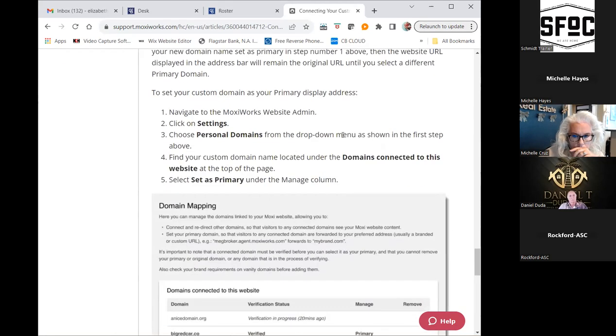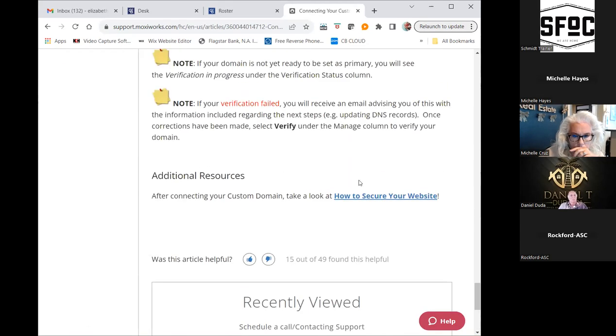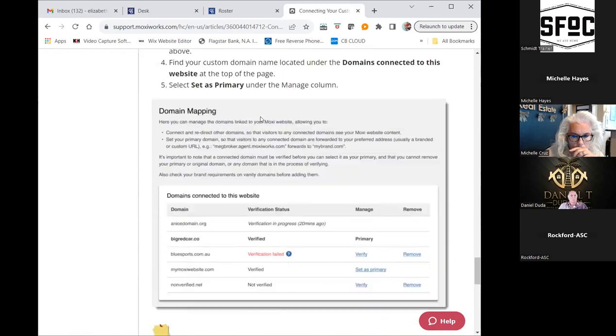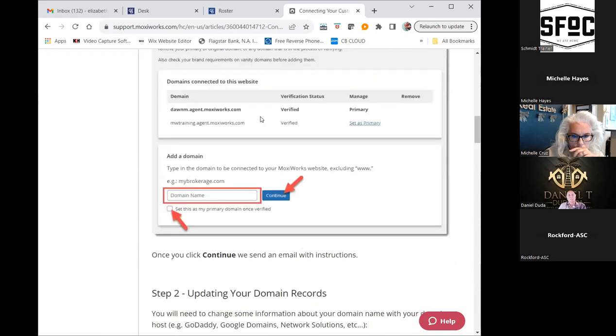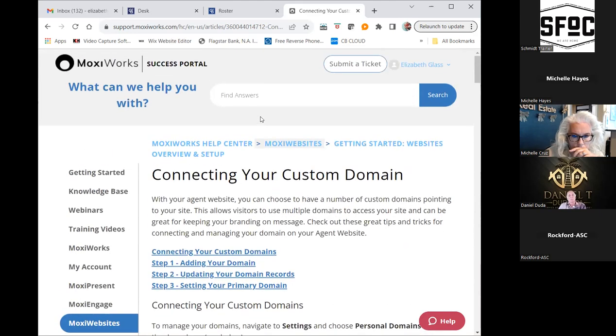For many of them, not every one of them, it's also going to give you a video as well. So you'll be able to come down here and click on the video, and it will walk you through how to do just that specific individual step. So many different options for you to obtain and receive support.